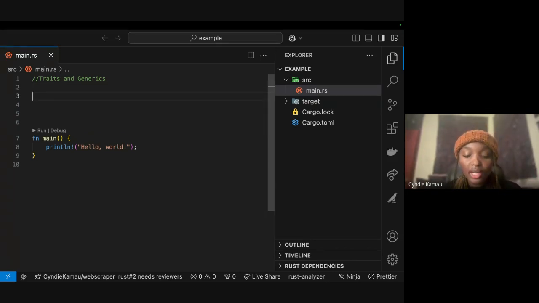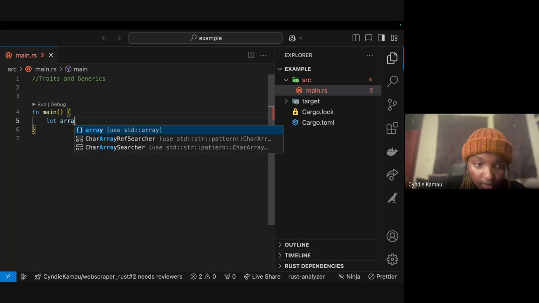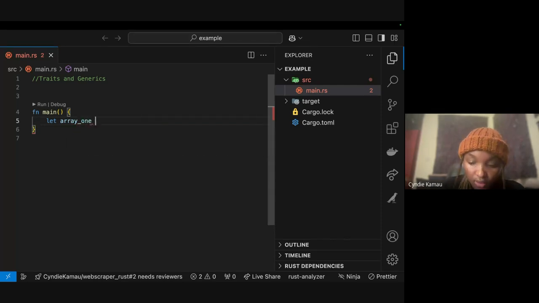I want to go through all the digits or all the fields in my array and add them, right? So what will I do? Let's say I have let array 1 equals 1, 2, 3, 4, 5. An array is just a collection of values which need to have the same type.